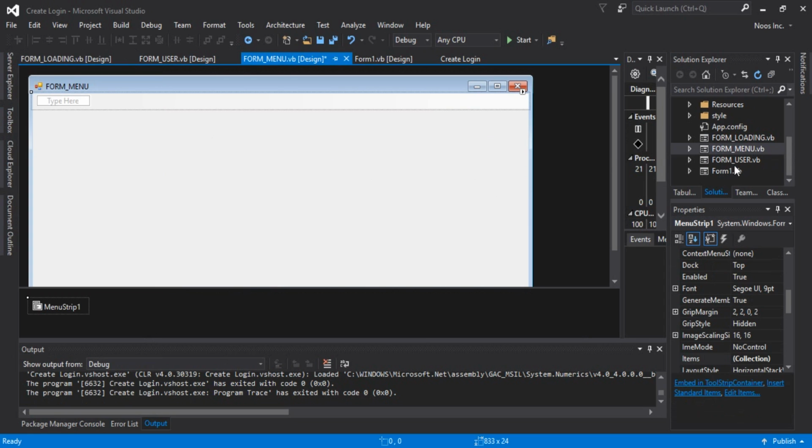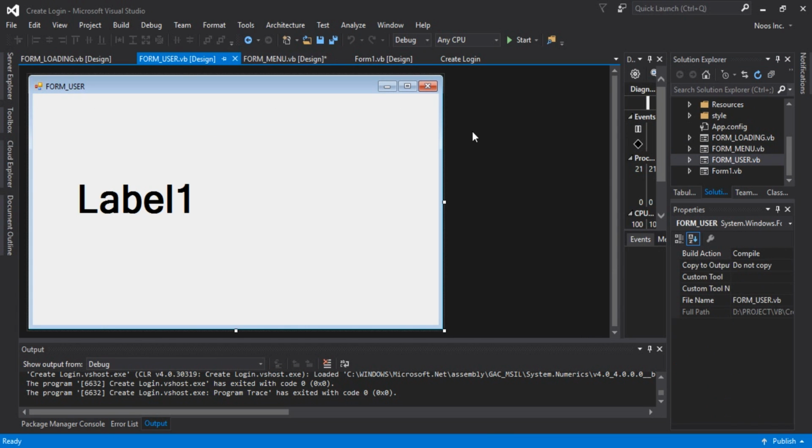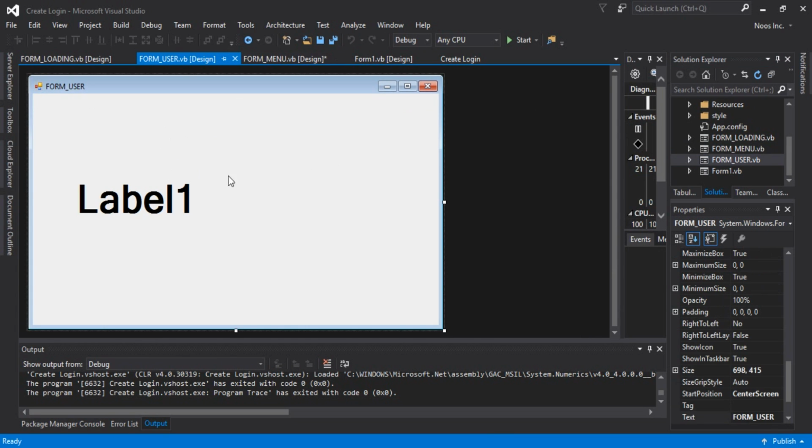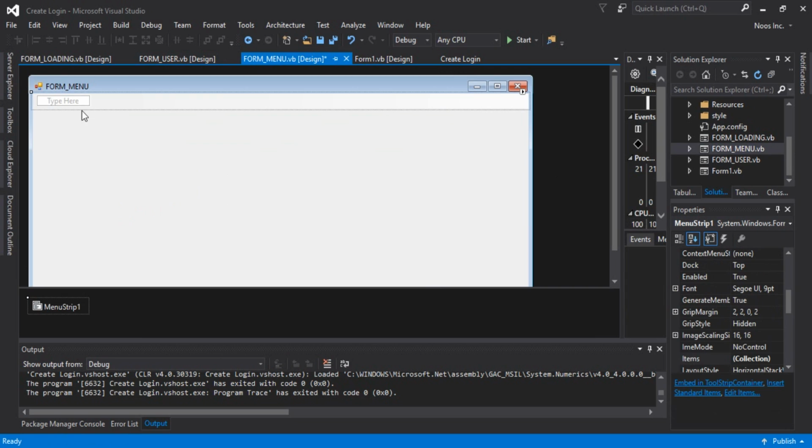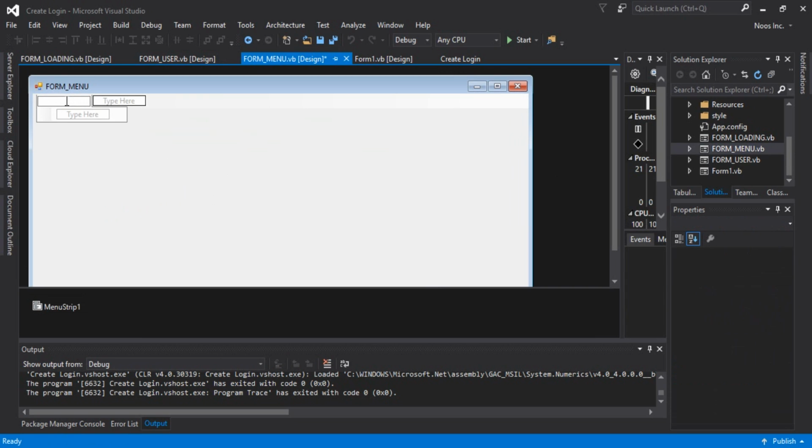the menu to open form user here. I want to open form user via form menu here. This is just for example. This is menu, guys, and this is form menu, and this is exit, for example. Okay,